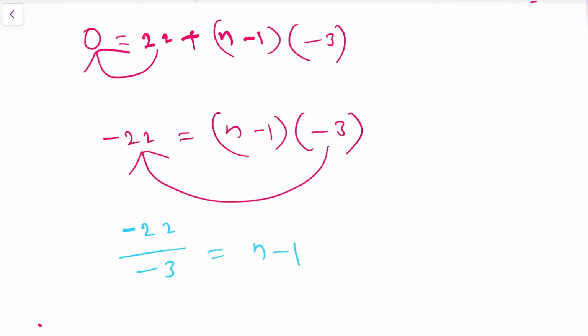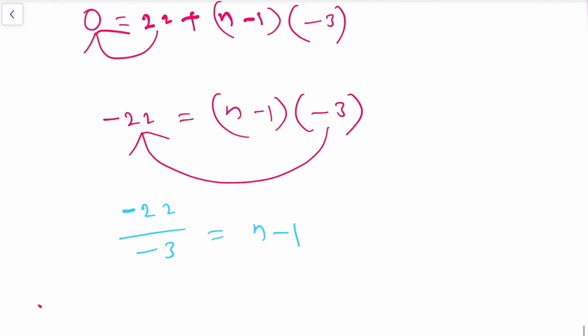Now check clearly whether this is simplified or not. Of course, in the 3 table 22 won't come. If it comes also, it comes as a decimal. We need not take decimals, because first term, second term, third term, fourth term, like that only will be there. But 4.2 term, 4.7 terms, 5.3 terms, that decimal number of terms won't be there. Always the terms will be natural numbers only. So here 22 is not exactly divisible by 3. So the number 0 is not a term of the given progression.